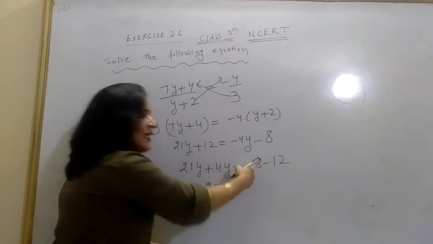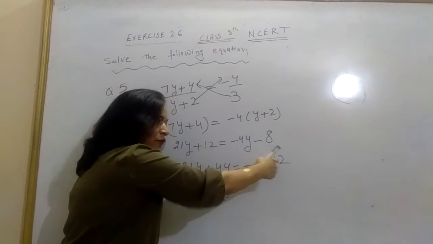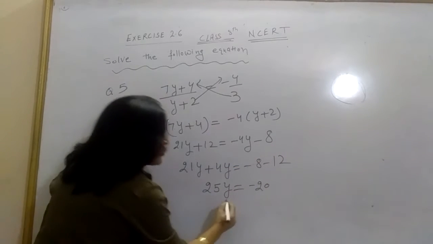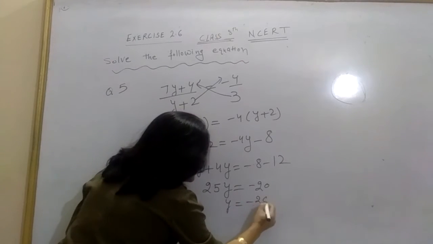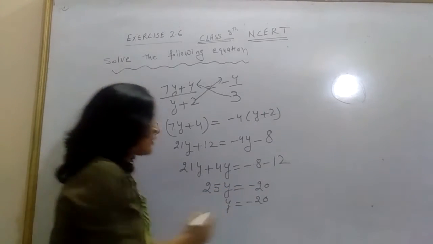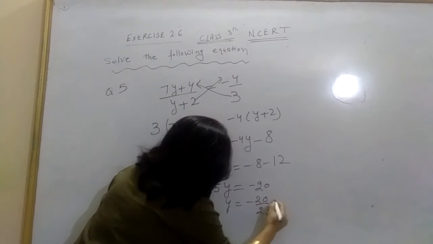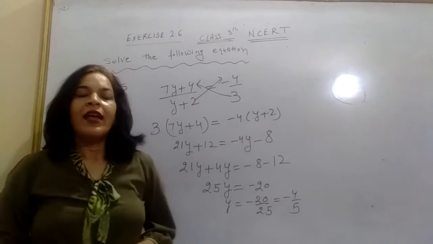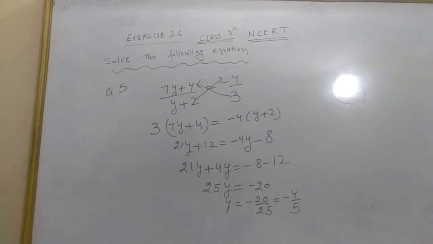25y. Minus 8 and minus 12, both are of minus sign. So 20 with minus sign. So y here will be minus 20. 25 is multiplying y here, so it will divide this 20 on the other side. So the answer is minus 4 upon 5. And the next question is,